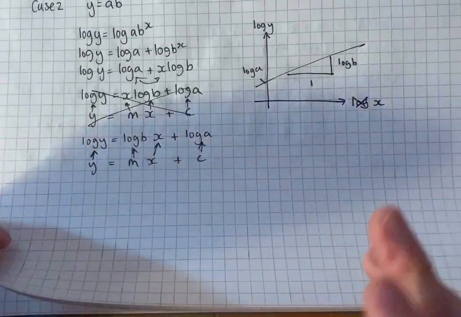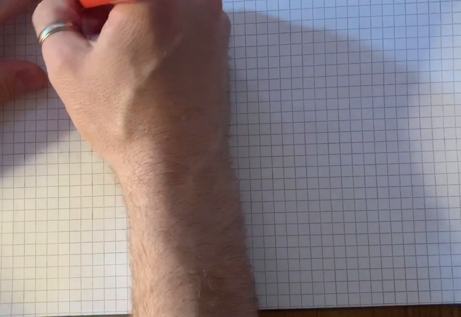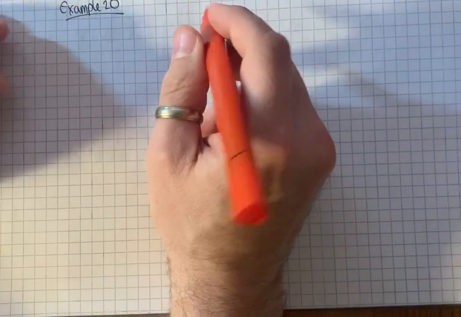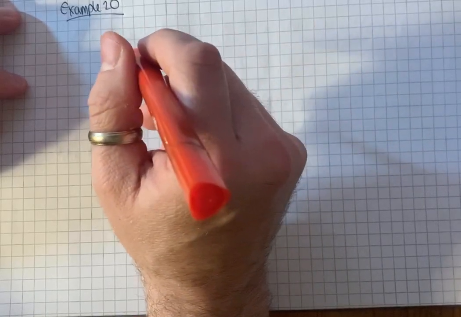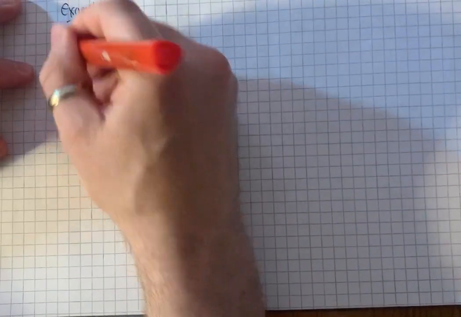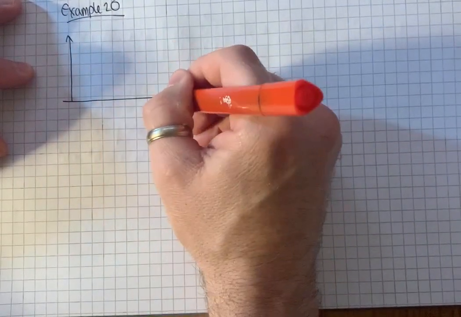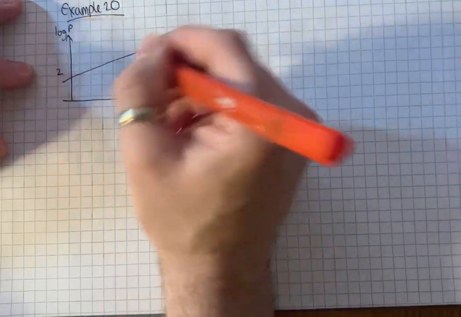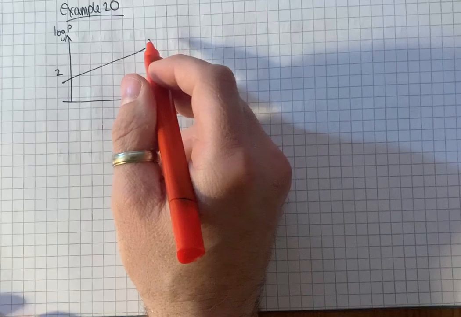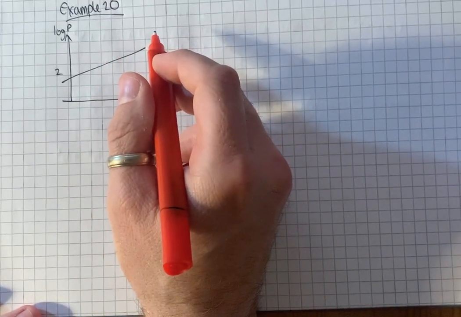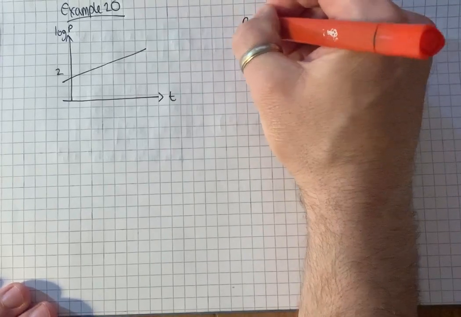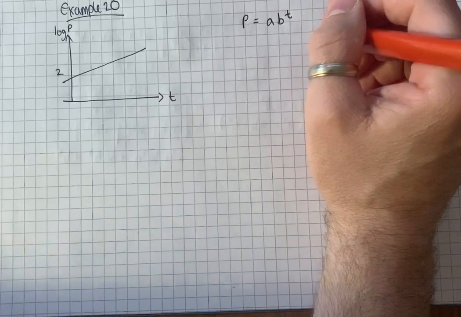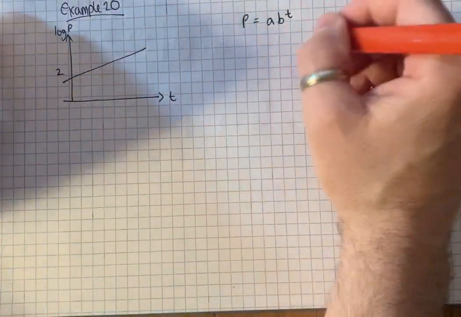Okay, on to the final example then. This is to do with the population of bacteria over t hours. We've got t and log P, and then you can see it's getting bigger, the bacteria is growing. So it says the suggested model is P equals a b to the t. So again, if we now represent that in a linear model,